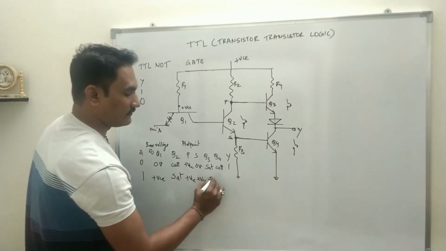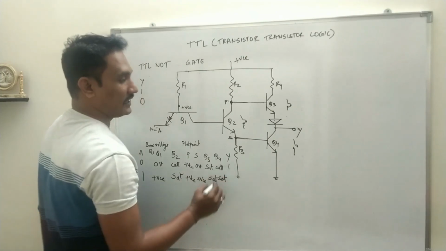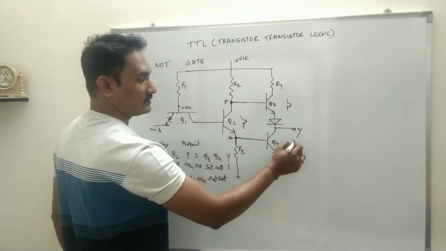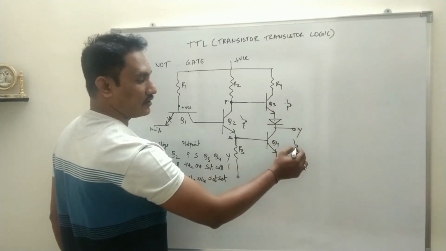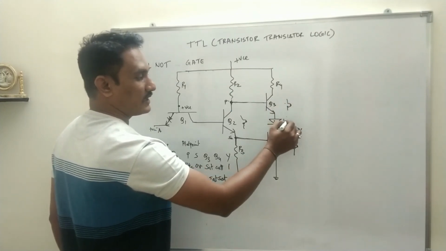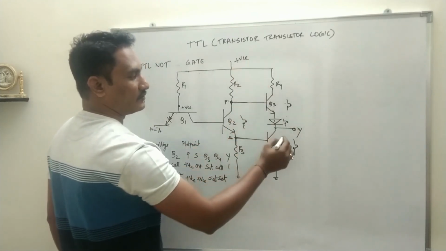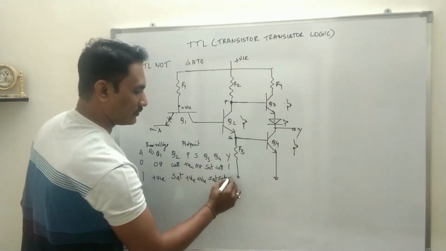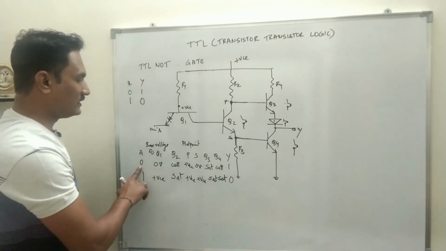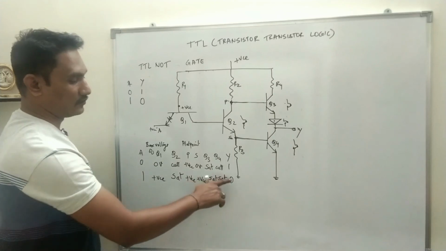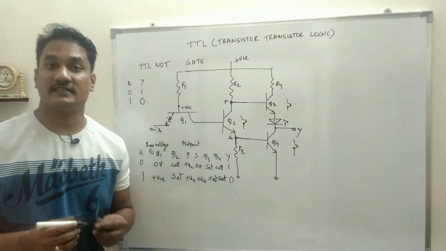Both the transistors will go into saturation region. At this point, the diode will be reverse biased, and why? As both the transistors are in saturation, both act as on switches. Diode is reverse biased, it is an open switch. So if it is open, Y cannot be connected to plus VCC, Y gets connected to ground. So that is 0. So if you give 0 at the input, output is 1. If you give input as 1, the output is 0. The circuit works as a NOT gate.